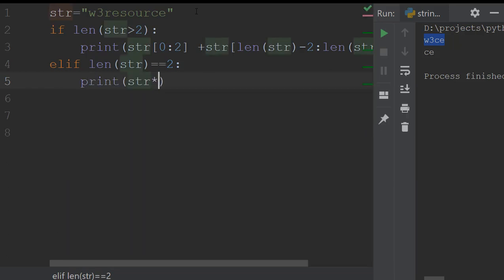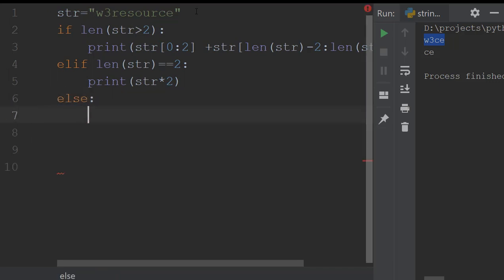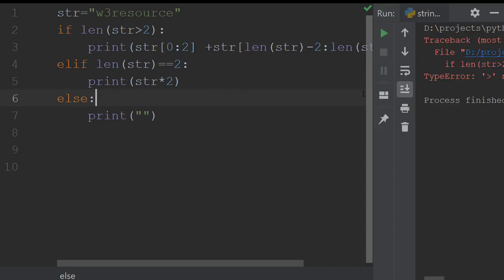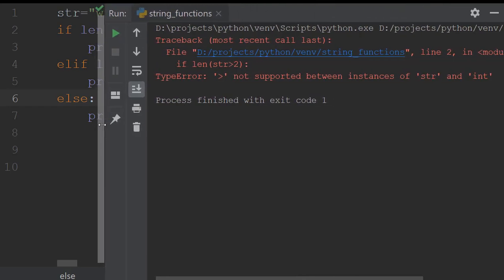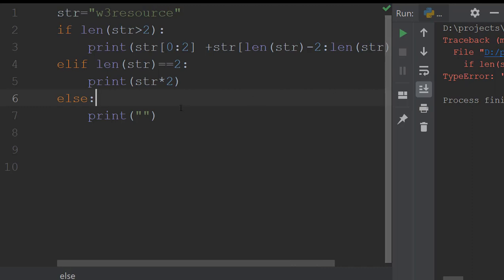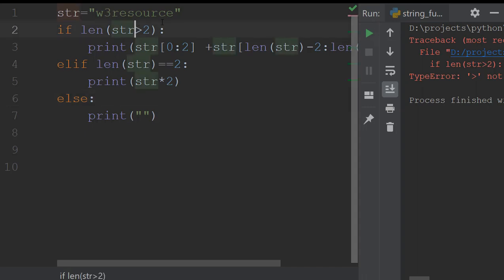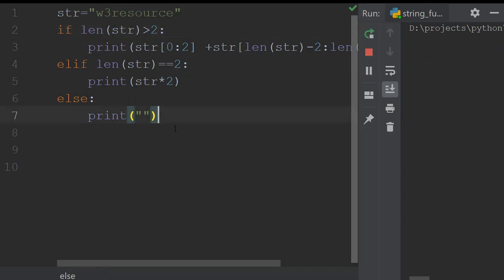Print str multiplied by 2, and otherwise we are going to print simply an empty string. Okay, I think this is done. Let us execute this piece of our code. Let me check what is the error. Not supported between str and int. Okay, see, a very silly mistake. I shouldn't be using it like this, it should be like this. Okay, so typing mistake. Now let us execute this piece of our code.